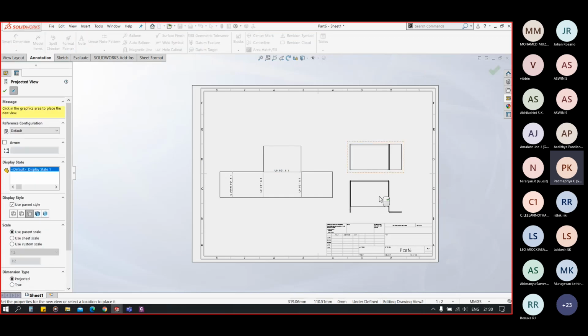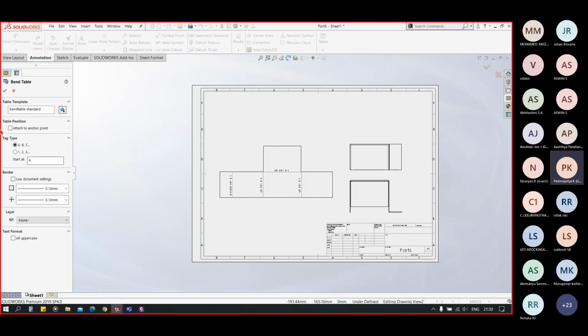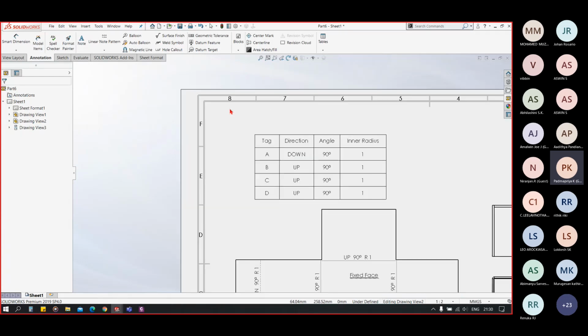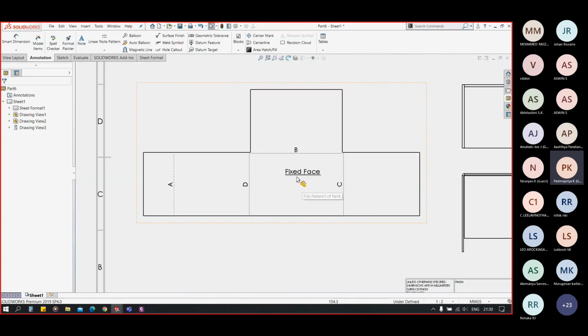Along with that you can add standard views also, like this. Now going toward the bend table, when you go to bend table, select the flat pattern view, click on OK, and it will give you a table. Now you can see it is marked.